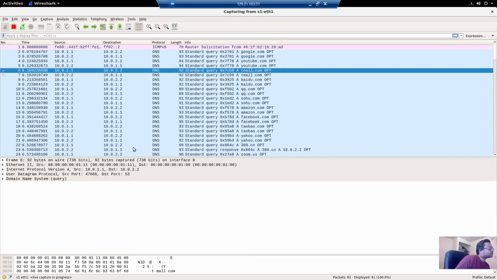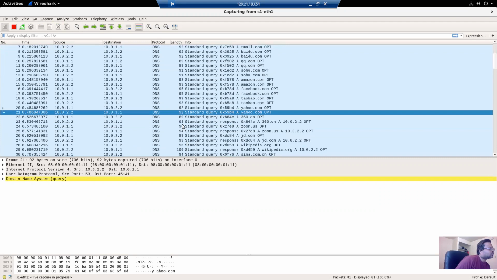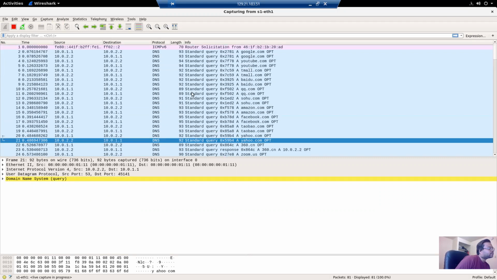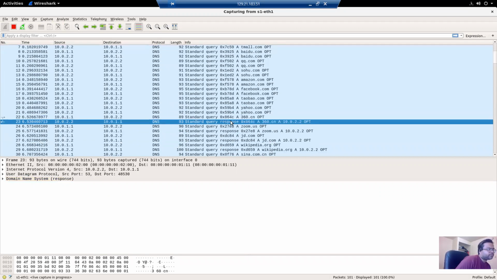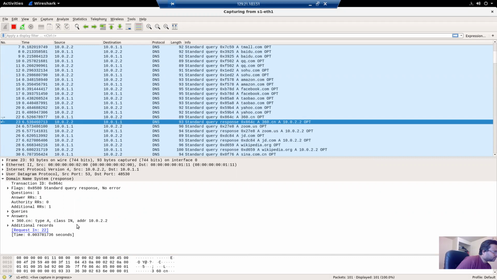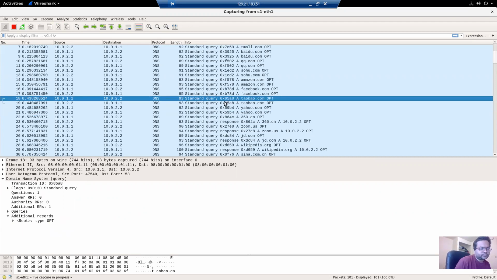Or after, I guess, 20 connections. Right, because the first packet is 1. So after 20 connections, you see for every query, you are getting a response. That is your 10 dot. What's the value? The answer is 10.0.0.2. It's a local IP assigned to the H2 host. Before that, everything was just reflected back.